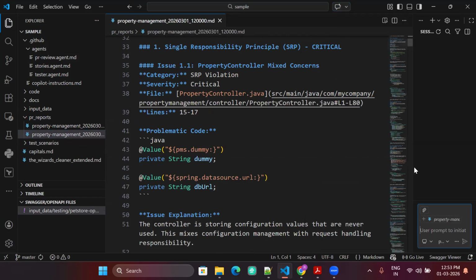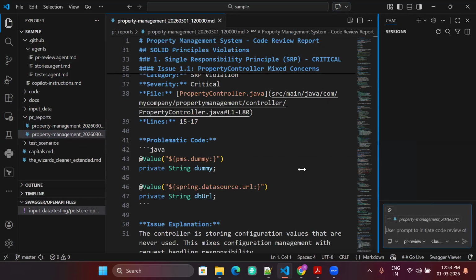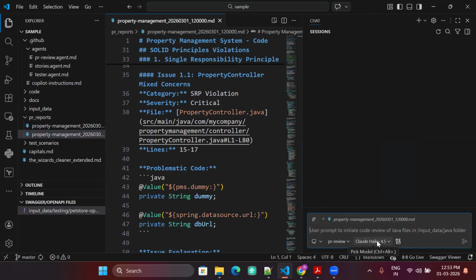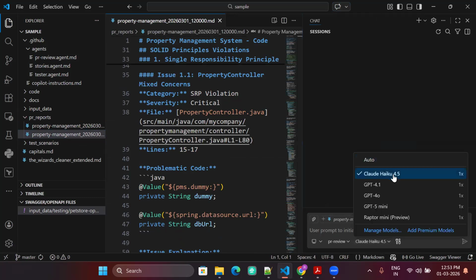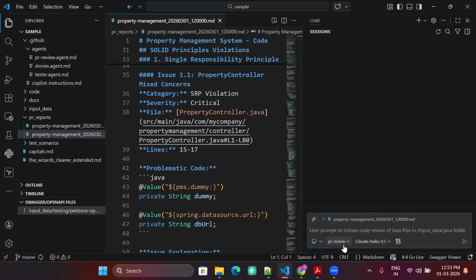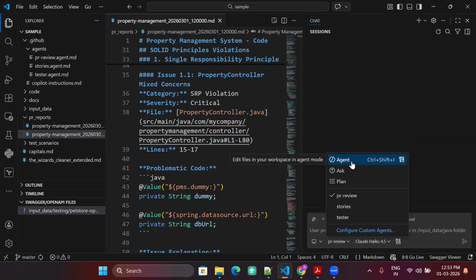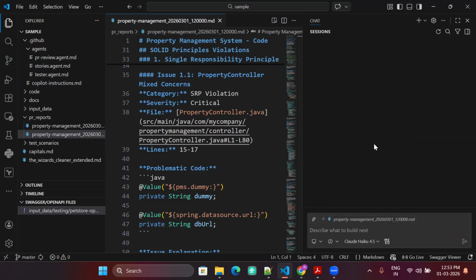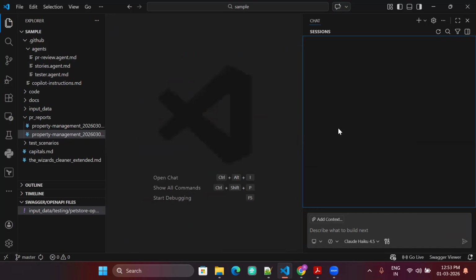I think all my limits got exhausted for the agent or for the LLM. I think yes, it took away all the limits. Then I have to log in with another, let's say, GitHub account. Then I will get tokens. But let me show you how to build this agent.